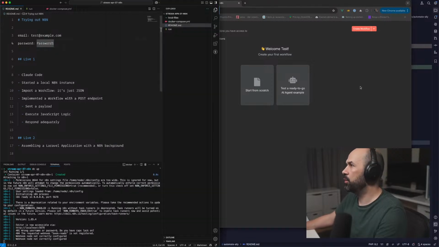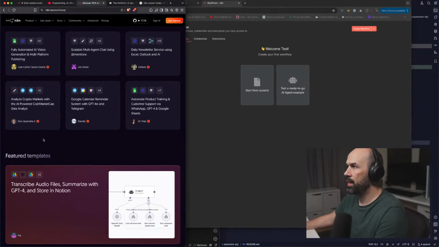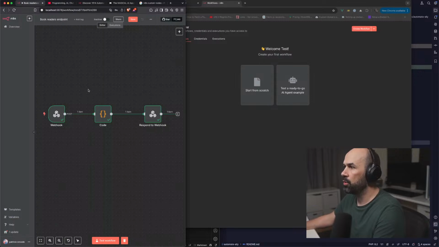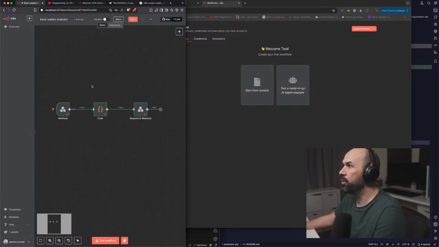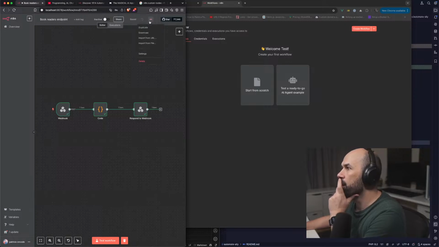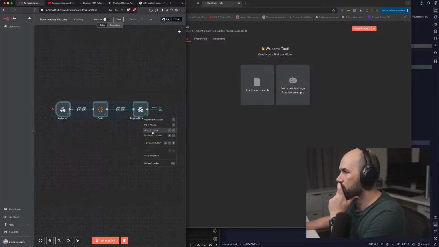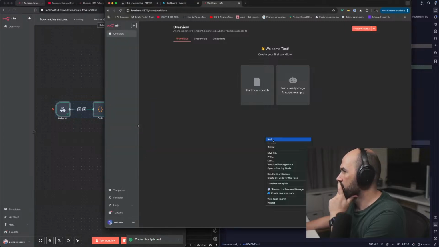And what we're gonna do is we are going into our not old, but our previous instance. And this workflow, we're gonna export it. Can we just copy and paste?